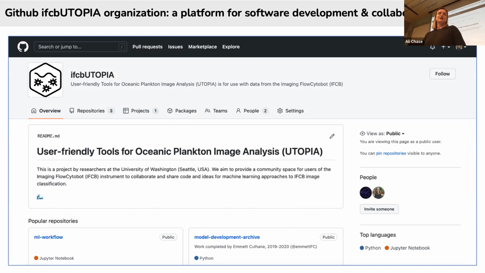So this is our GitHub organization. This is in the vein of our platform for open source software development collaboration. It's in the works. This is where there'll be all the documentation and instructions, also the caveats and disclaimers. You know, it's open source and it's GitHub, so we know that people can do what they want with it. But I'm also hopeful that through clear documentation, we can provide networks and information for people as a place